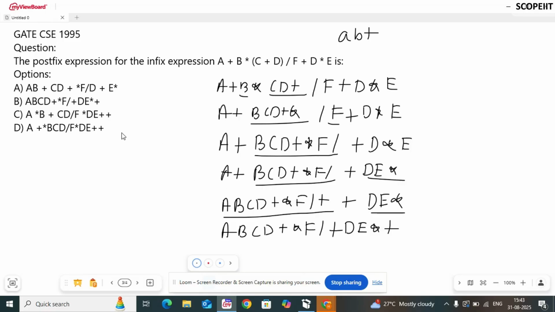Now let us match the options. So ABCD is here only. Okay, so no need to check further. The correct answer is option B for this question. Next,